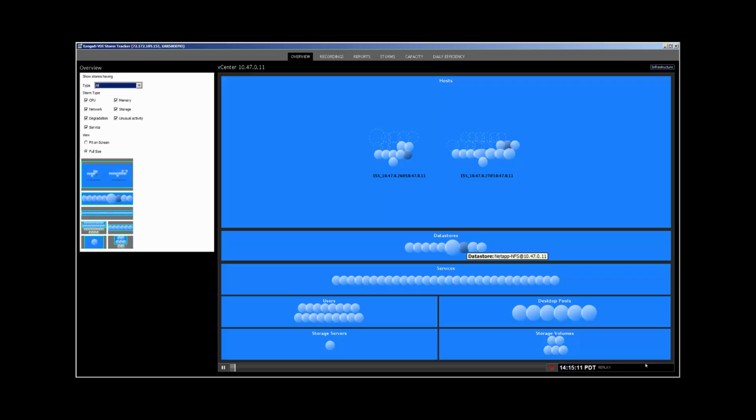So what we're looking at here is an overall heat map of the IT environment. We've got our hypervisor hosts at the top, the data stores, the users, the desktop pools, and so forth. Now, if any of these circles are gray, it means that there's a resource contention storm going on. So we can see that there's a storm going on on a couple of the hosts, and down on this data